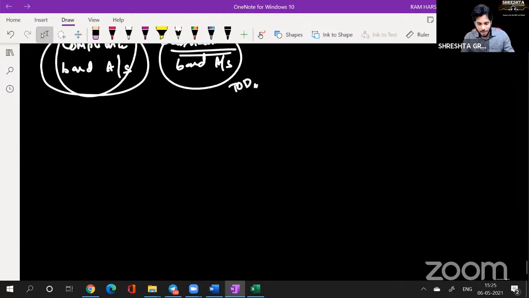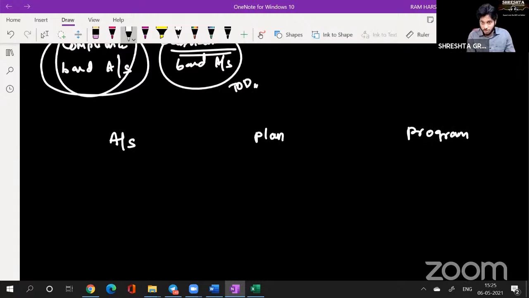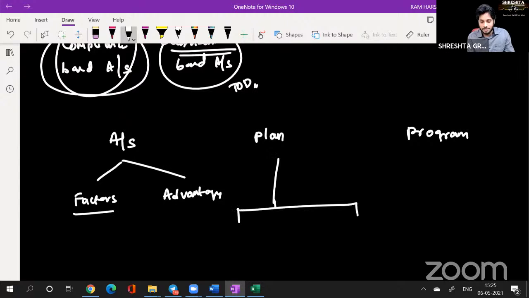Yes. You know, there are three concepts I said, right? Audit strategy, audit plan, audit program. If you look at audit strategy, what are the factors for developing an audit strategy, and then what are the advantages of audit strategy? Again, if you look at plan, there are two more parts: what are the factors for developing an audit plan and what are the advantages? Again, if you look at the program, what are the factors for developing an audit program and what are the